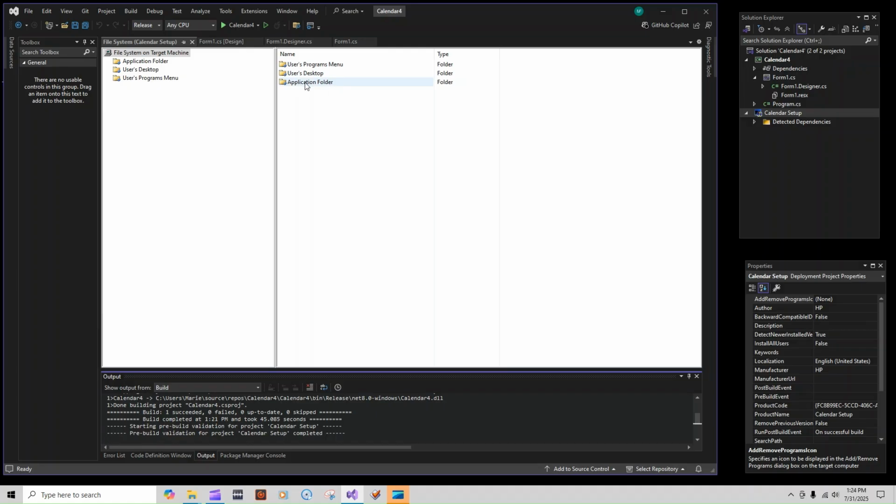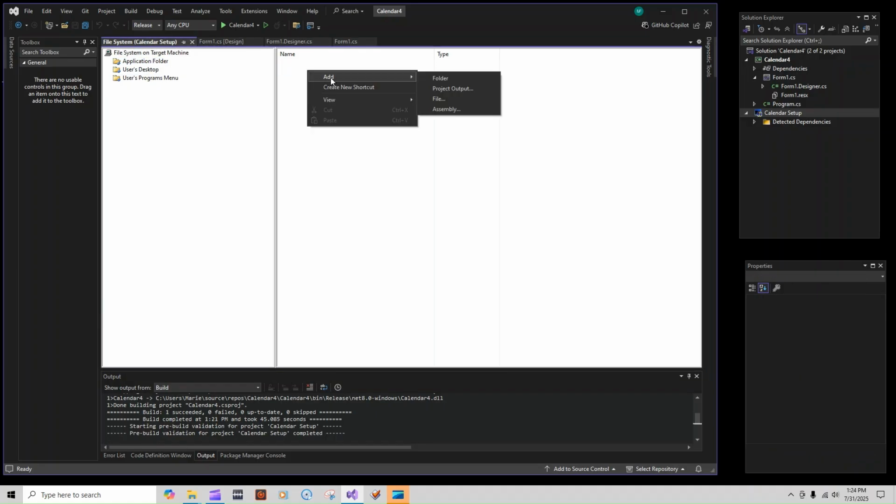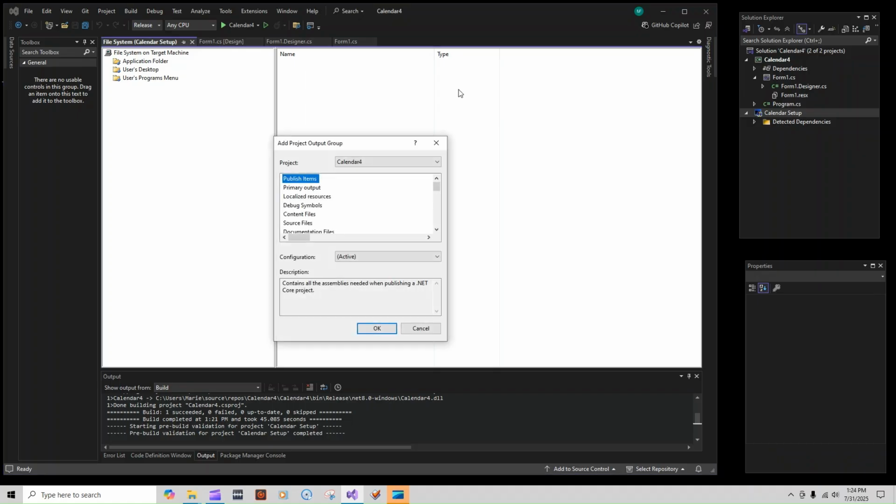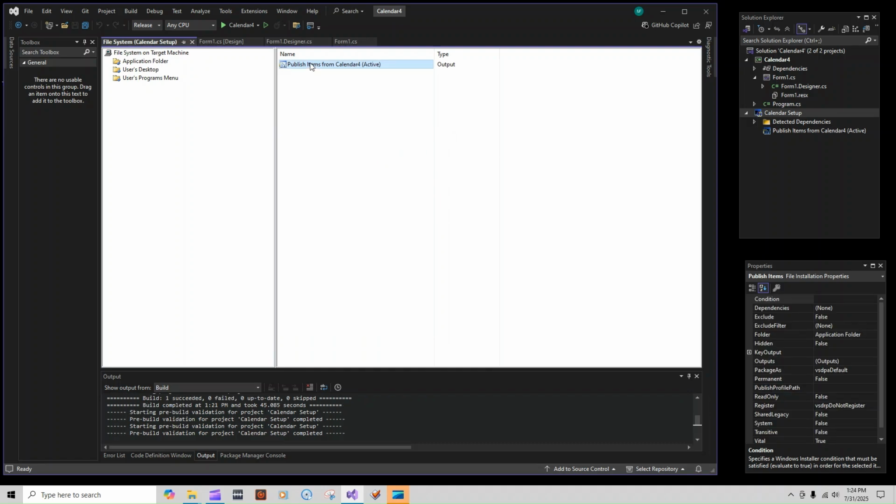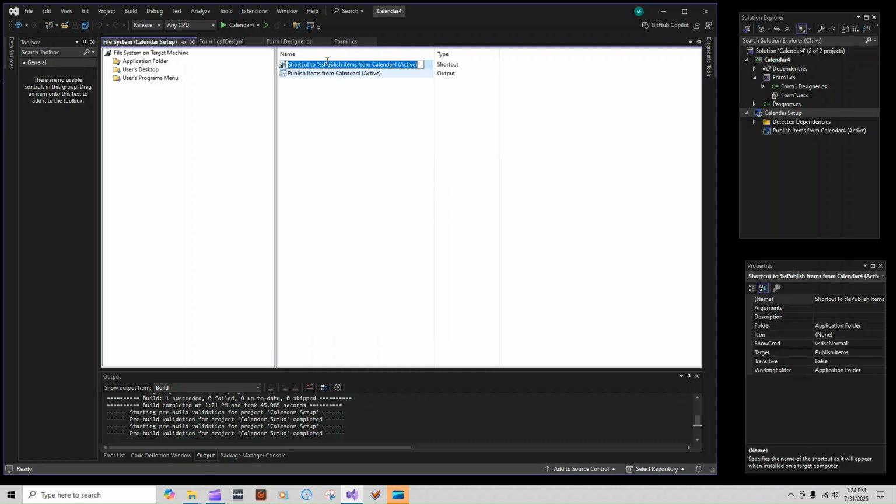Okay, so we'll do this again. I go and double click on the applications folder. I add a project output, publish items, and active. These are the things that I was told need to be selected. So I'll press OK. I'll create a shortcut. I'll name that